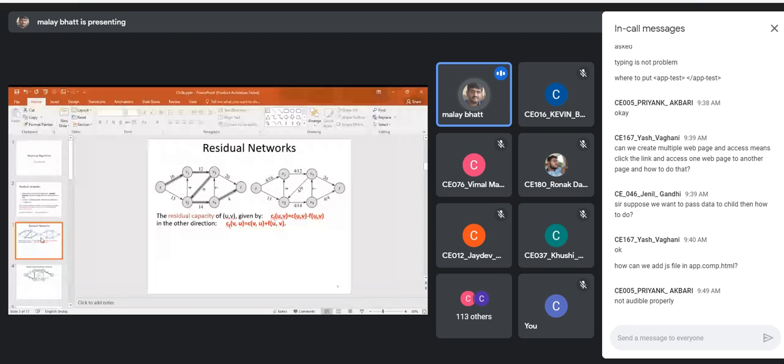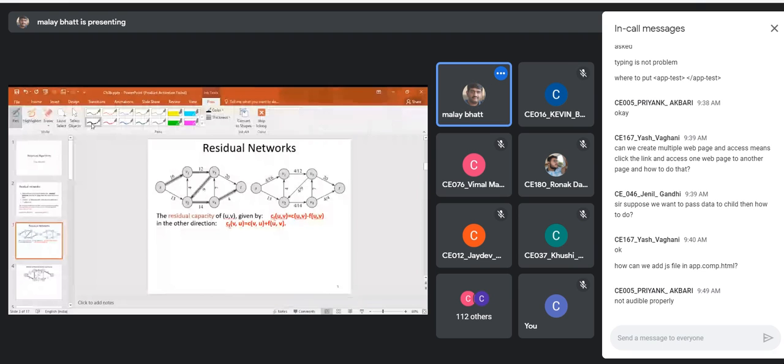If we write, it is 16 minus 4, so the residual capacity will be 12, right? So that's what we can write here. If I consider S, V1, I can write CF of S, V1 as 16 minus 4, that is 12. That is the residual capacity in the direction S to V1.